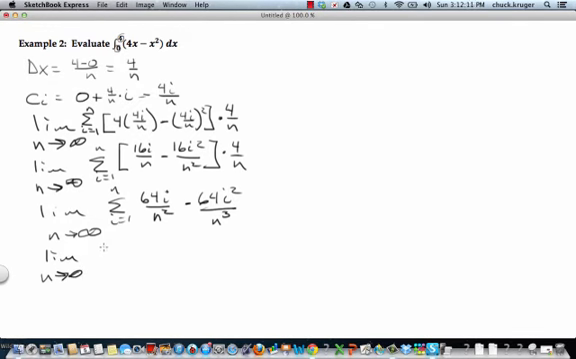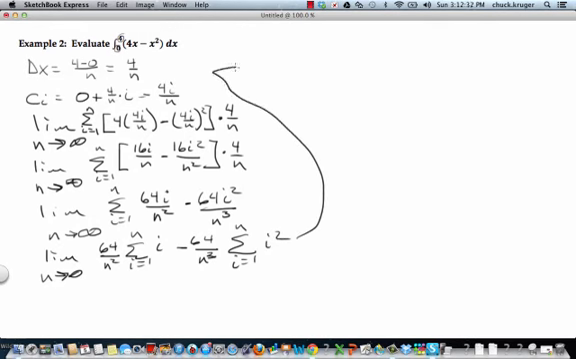which means I'm going to have the limit as n goes to infinity, and I'm going to have two summations: 64 over n squared times the summation of i equals 1 to n of i, minus 64 over n cubed times the summation of i equals 1 to n of i squared, and I'll take that up here,